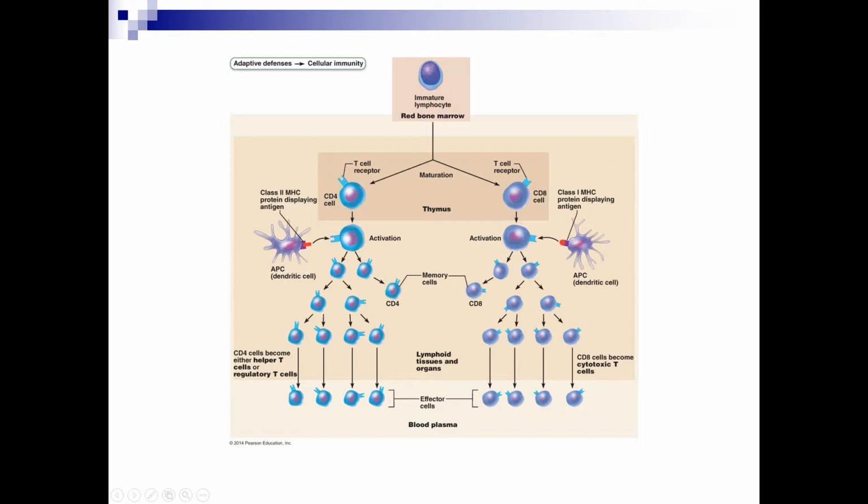Now, in the case of CD8 cells, these cells are going to become cytotoxic T cells. And so let's go through what happens with them. So this is going to be an antigen that would be found in a body cell bearing a class 1 MHC protein. So the MHCs are basically like antigen holders, and they come in two groups of cells. Macrophages can bear both class 1 and class 2 MHC proteins,